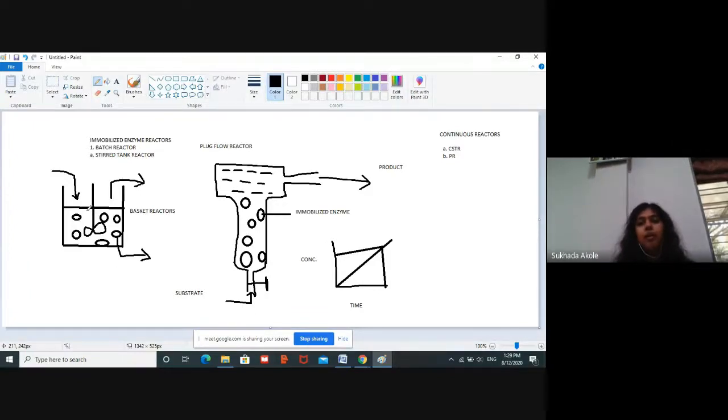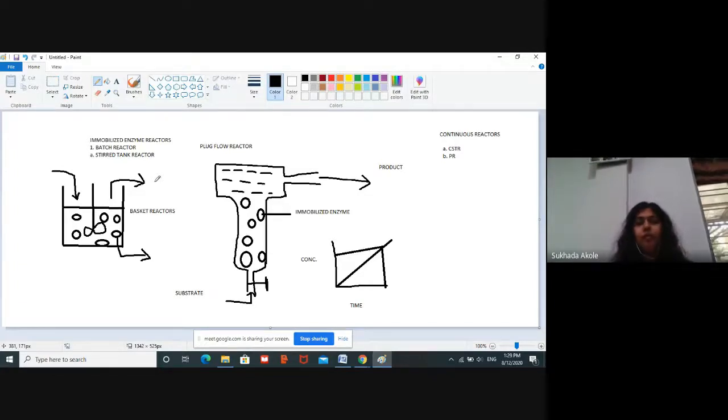Please remember, when we optimize any system for enzymatic reactions, we do it in a batch system. So in a batch system, we have the same volume continuously, correct? When we convert it into a continuous reactor system, of course we have to maintain the total volume. Therefore, if I am adding my substrate at 1 ml per minute, I have to remove my product at 1 ml per minute.